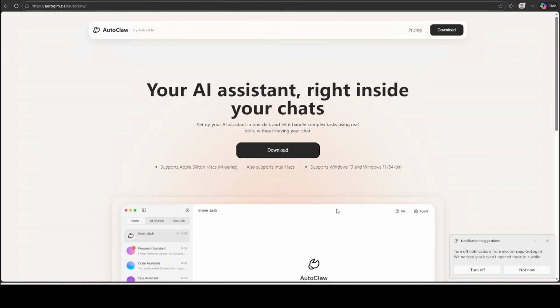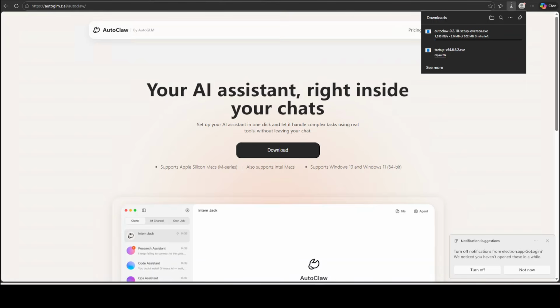For AutoClaw, all you need to do is just click on this download button, and then you can see that it has started downloading for your operating system. The size is just 302 meg. While it downloads, let me